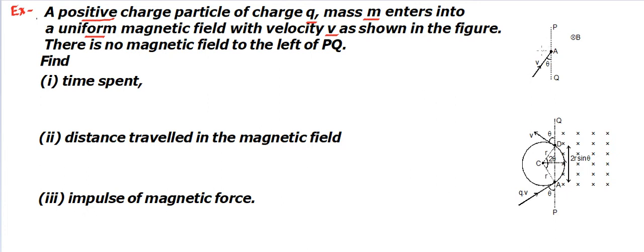act on this particle. Now if there is no magnetic field, then as per Newton's law it should move like this in a straight line, undeviated. But it's not going to move in that fashion because of a force acting due to the presence of the magnetic field, and that force is defined as F equals QV cross B.